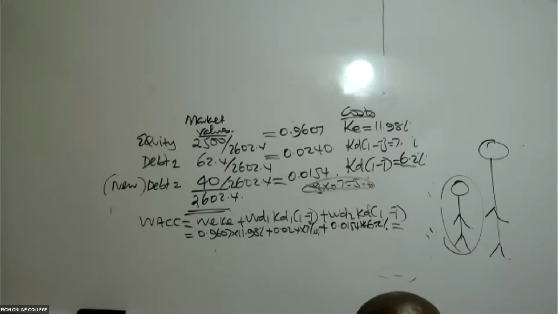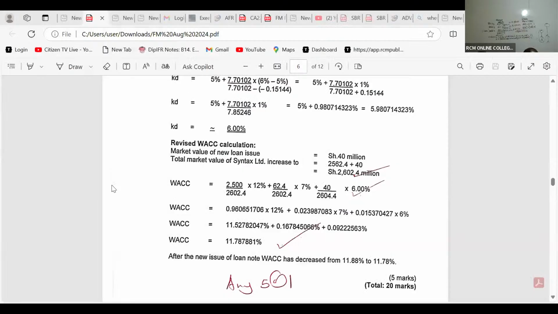So Francis, remember, the 105 is coming in which year? The 10th year, Francis. We're looking at today's market value. Today, we are selling this at 100, at par value. So you can see how the answer was done very nicely. And this 2602.4, they are able to get everything. Then they got 11.78, 11.79, 11.85. Yes, it was a very interesting question.